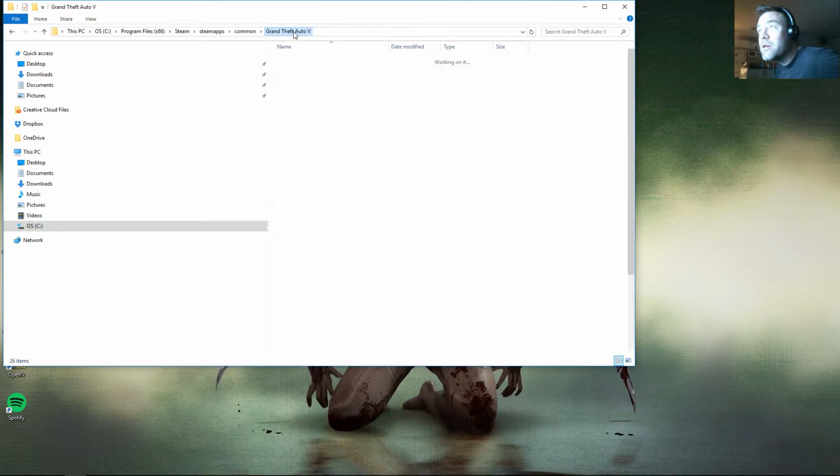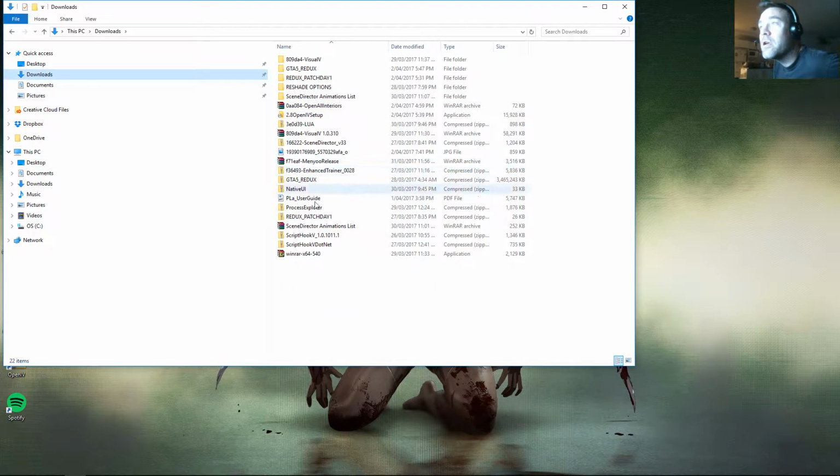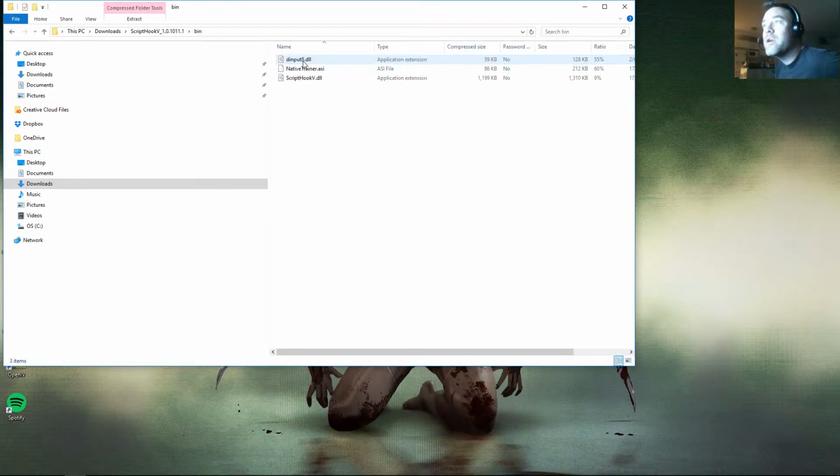Now the next thing you want to do after you've got OpenIV plugged in is go and install your Scripthook. The way that we install those, I don't like the trainer, but you can; Scripthook also comes with its own trainer if you want. But what you basically want to do is go into your Scripthook and grab your dinput8.dll and your ScriptHookV.dll, copy those,